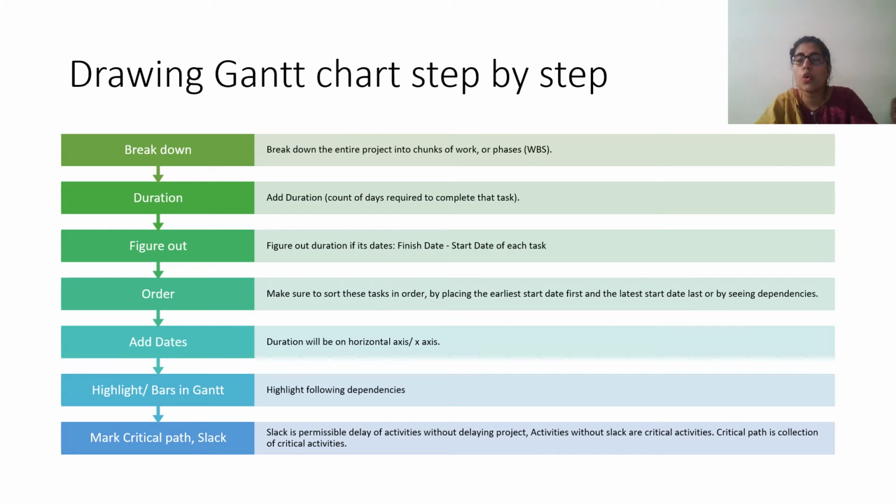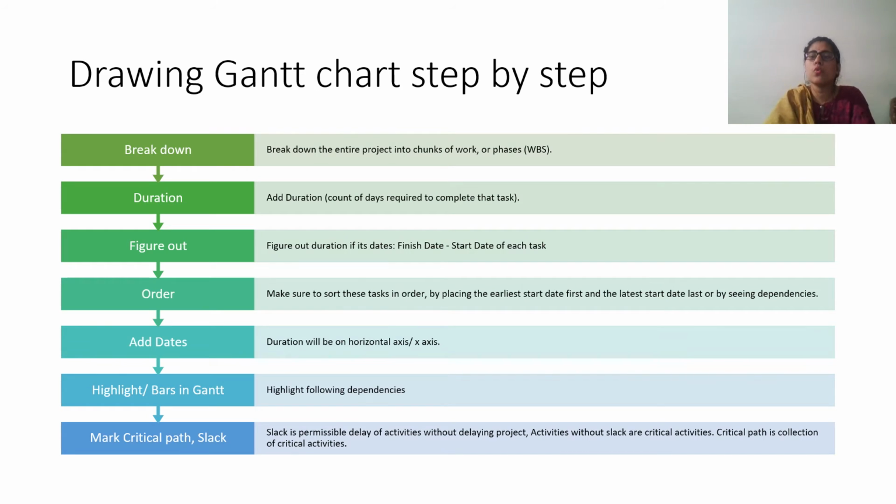And then you need to know the order of the tasks. This task can start after what? I can't paint my final coat until my first coat dries, right? So you are going to figure out which task comes first and which comes next. The task that comes first is called the predecessor and the task that comes next is called the successor. You are going to put that in one column and add dates horizontally: week 1, week 2, week 3, or day 1, day 2, day 3, similar to your attendance register.